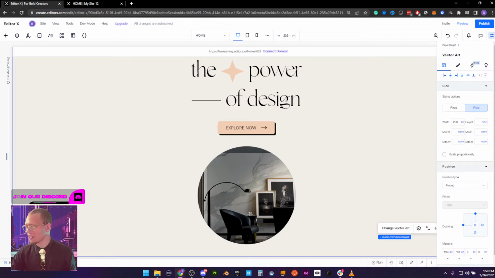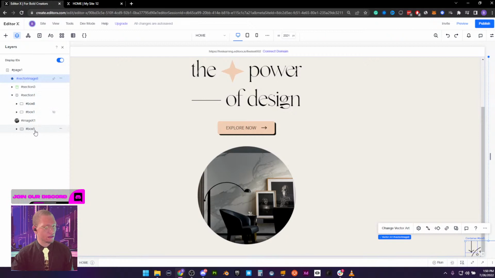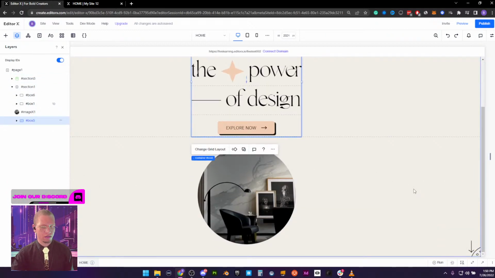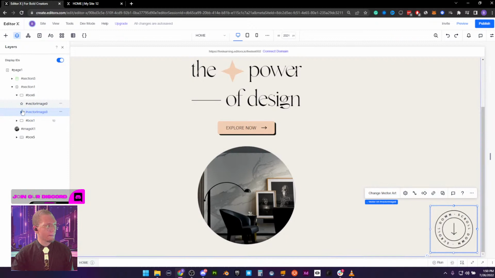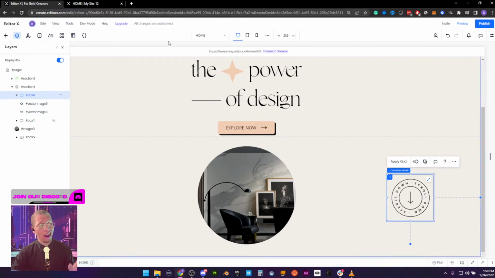Alicia says, what kind of file is for vector to upload? So vectors are SVGs. Specifically these content pieces that we have. Let me go to my layers and actually drag. Both of these are SVGs. That's where, regardless of how large or bigger you scale them, they will stay the correct quality. They will not get stretched.